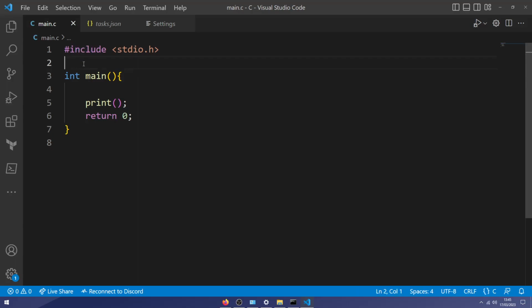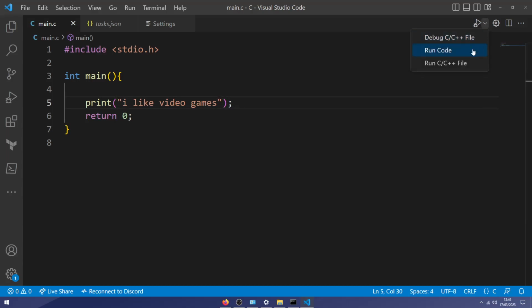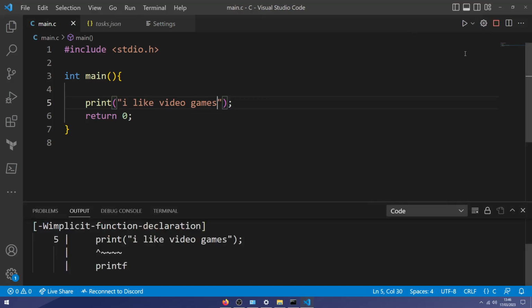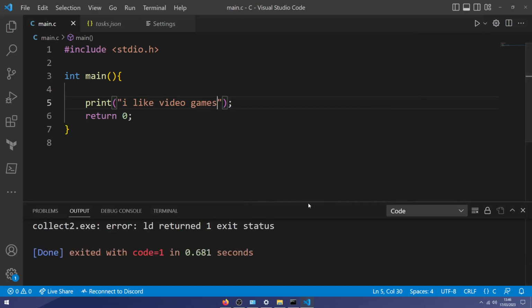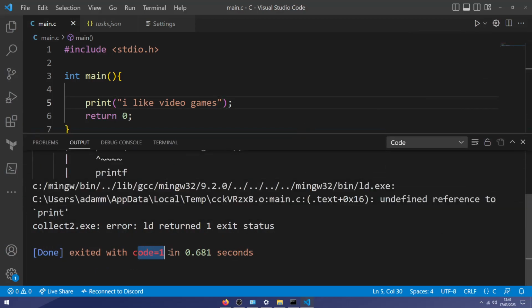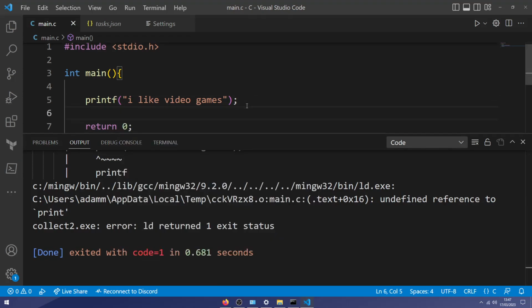But since we specified what file we are using, anytime we write one of these keywords, the compiler will look at the reference file we are using to know what that keyword means so it can execute our program. Go to the top right-hand corner and click on the little play button, or hit the drop-down menu and click on Run Code. In this case, we have an error, so it returns the error code, which is 1. And the error is I forgot the F.